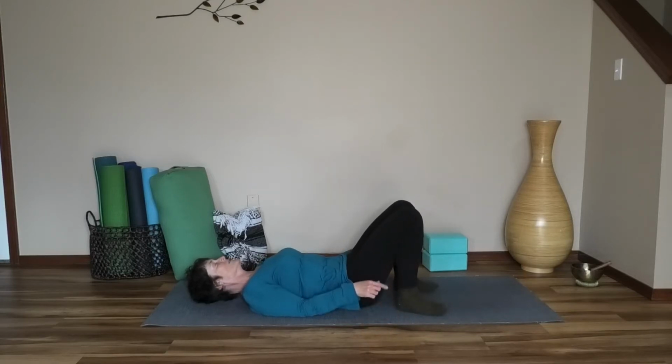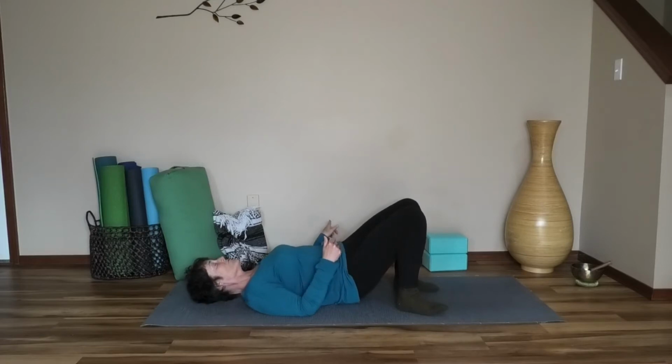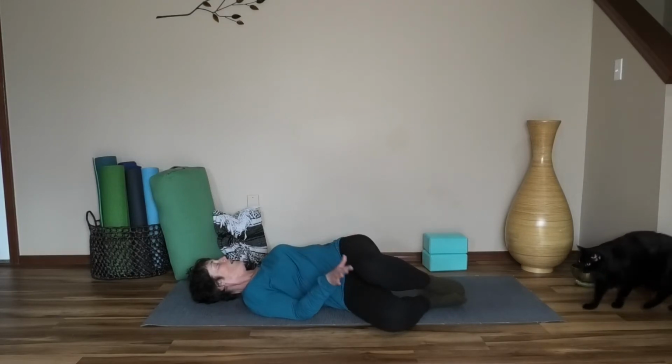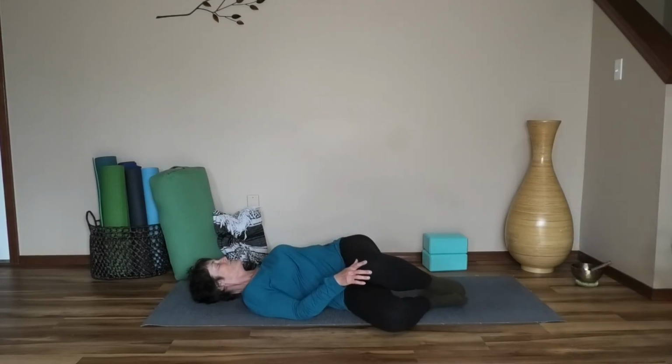Just make sure it's within reach. With your knees bent, soles of your feet to the mat, lift your hips up about 1 inch and shift your hips about 3 inches to the left, and then let both knees fall to the right. So your knees will fall in the opposite direction to the way that you shifted your hips. From here, you can